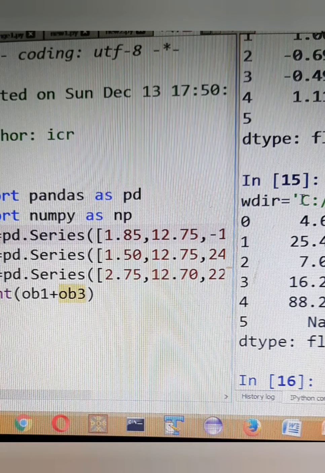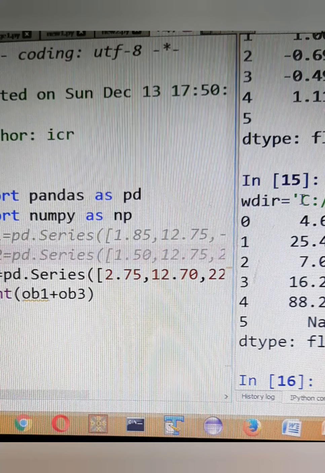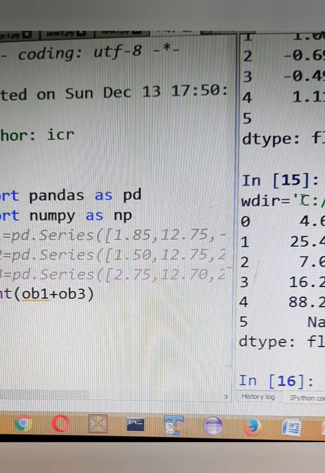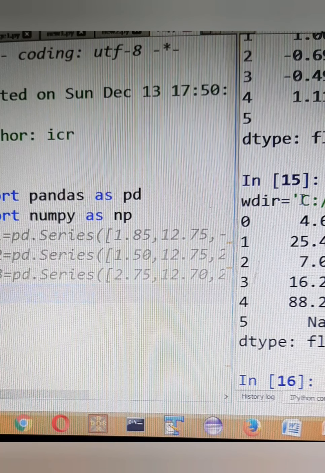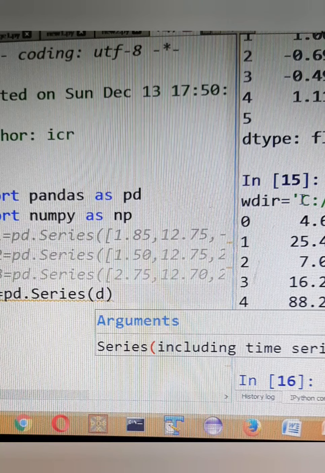I'll put a hash here because I may need OB1, OB2 and OB3, so I'm not removing them from the screen. I'll create one series, C11, with pd.Series, in which my data will be a list.